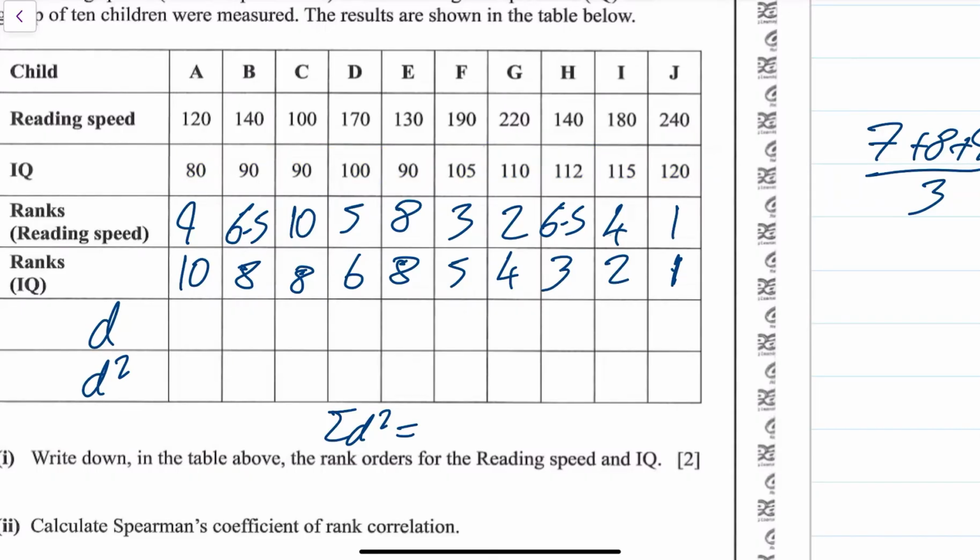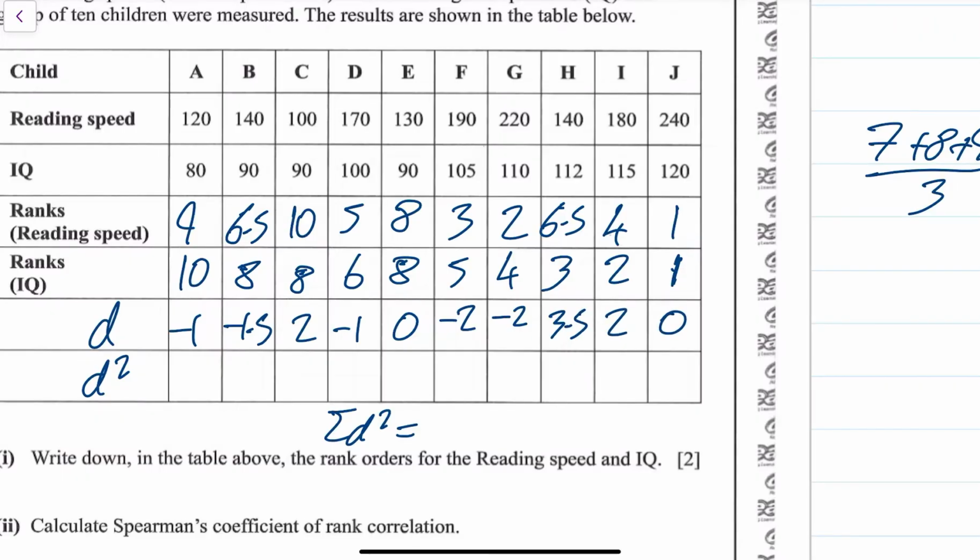Okay, we're now going to just do the differences. So what we're going to do to get these differences is 9 minus 10, 6 minus 8, 6.5 minus 8, 10 minus 8, 5 minus 6, and so on to get all of those differences. So I've just done those. Hopefully I've done those correctly. And what I got was minus 1, minus 1.5, 2, minus 1, 0, minus 2, minus 2,